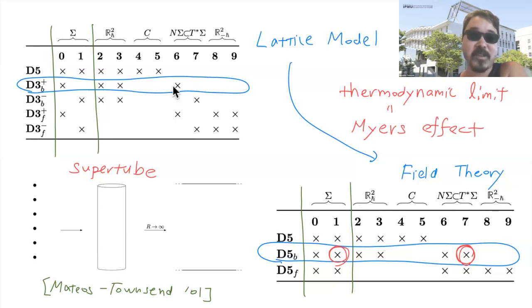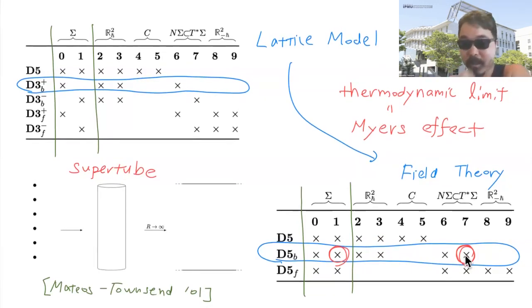For example, let's focus on one of the defects. Plus or minus just spread in different directions. So plus, for example, spreads in the 0 direction, a one-dimensional line in the sigma. And when you take the scaling limit, you expect it to turn into a surface defect, so it should extend in the 1 direction as well. But it turns out that D3 branes turn into not D4 branes, but D5 branes with 1 extra direction included. You can convince yourself of that by just checking supersymmetry, for example.